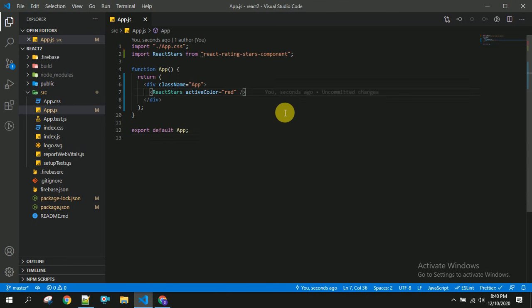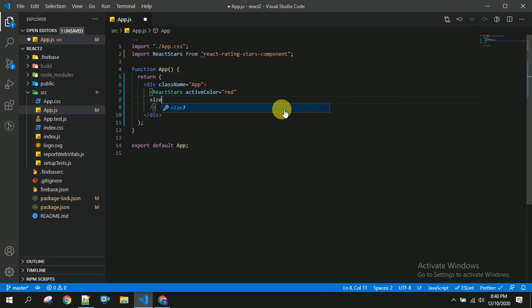So let us see the second thing, that is changing the size of each particular star. For that I am going to use the size property. So I am giving it as some 100, and I am doing save.